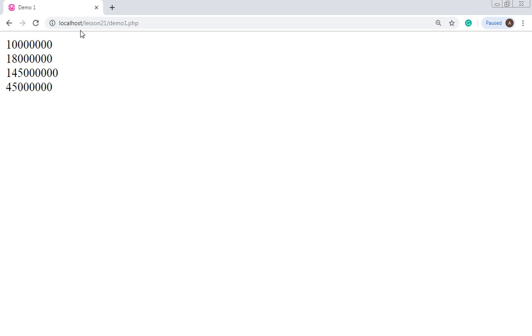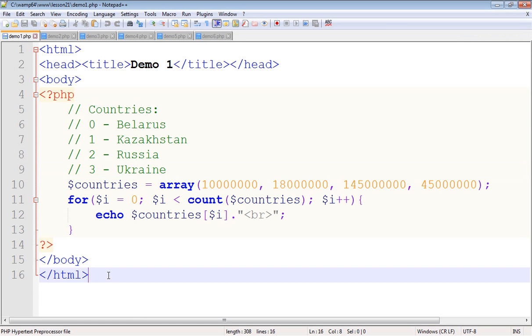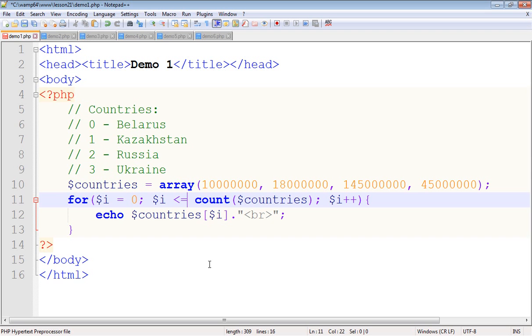So let's take a look. And you see it's perfectly working. All the populations are printed properly. So this is a very simple way to go through array items using a for loop. However, be careful. If you made a mistake and instead of less than put less than or equal to, let's just create an issue,